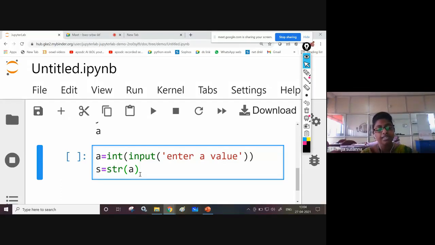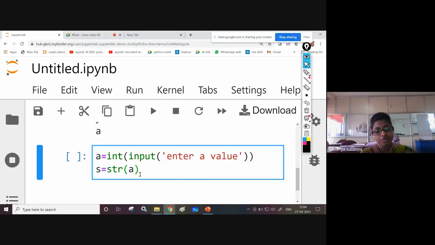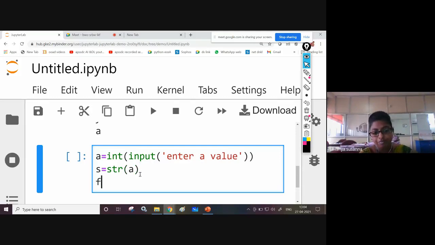This 123 is converted into a string. Now you know that in a string you can access individual characters, right? That's what I'm doing. For I in s, now I'm going to access individual characters. 1 2 3 integer is converted into this string. Now 1 you can access individually, 2 you can access individually, 3 you can access individually, because it is a string, right?